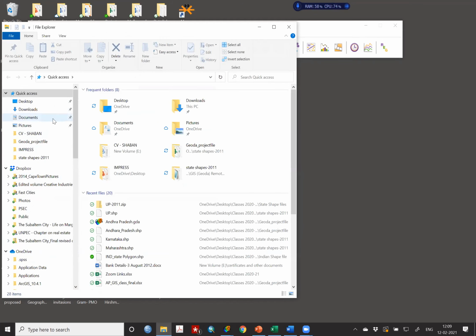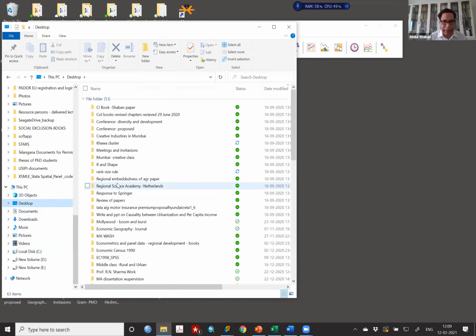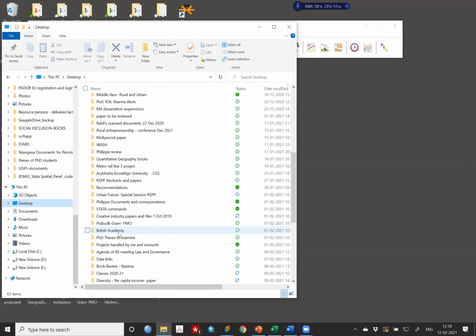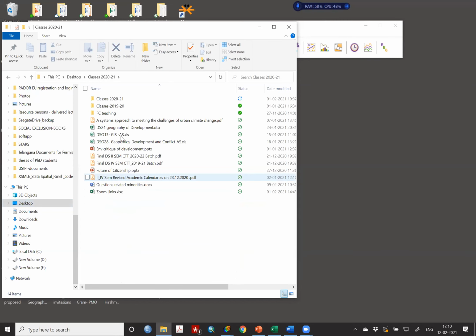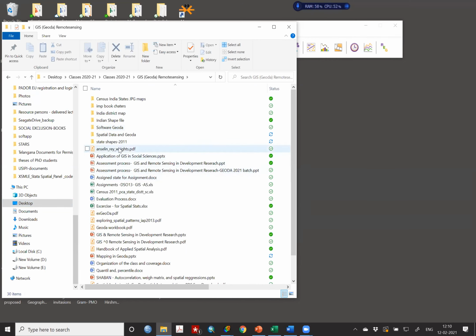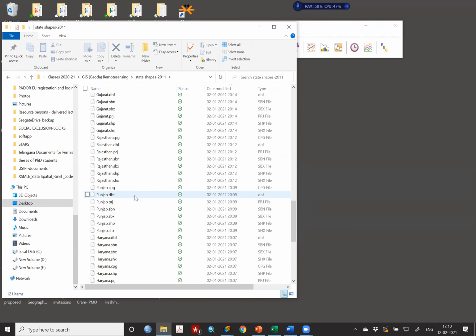But for some reason, it's not showing for me, sir. What do you do? You reinstall the Geoda. Which version of MS Office are you using? I actually use LibreOffice. That may be the trouble. It has an option to load ODS files also. I don't think that is much of a problem.